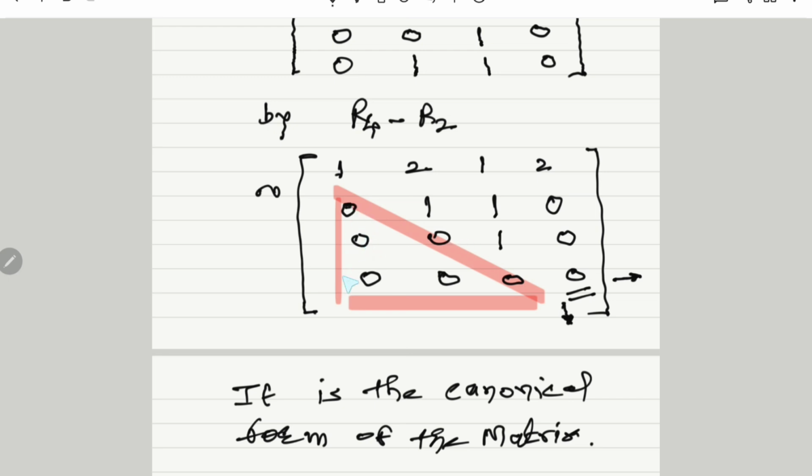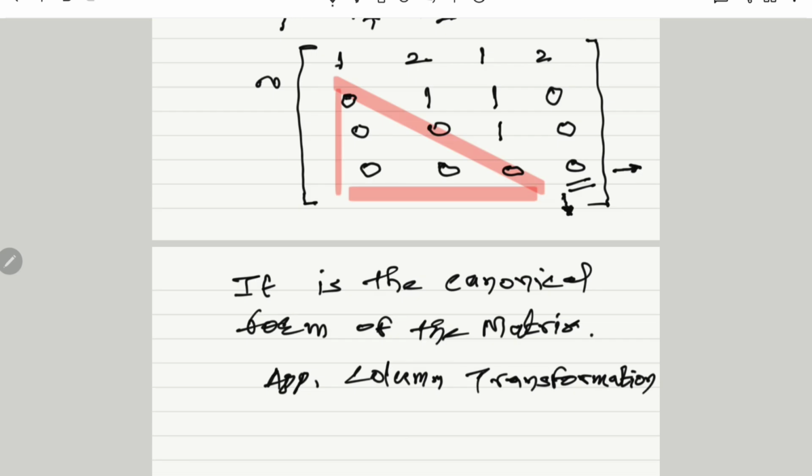By writing the statement like this, rank of the matrix is 3, we can stop the calculation. But the question is not to find the rank, question is to find the normal form. Therefore, after getting canonical form, we have to convert upper diagonal elements to 0 by applying column transformation. Means using the first element 1, we convert 2, 1 and 2 to 0 by applying column transformation, and that column transformations are